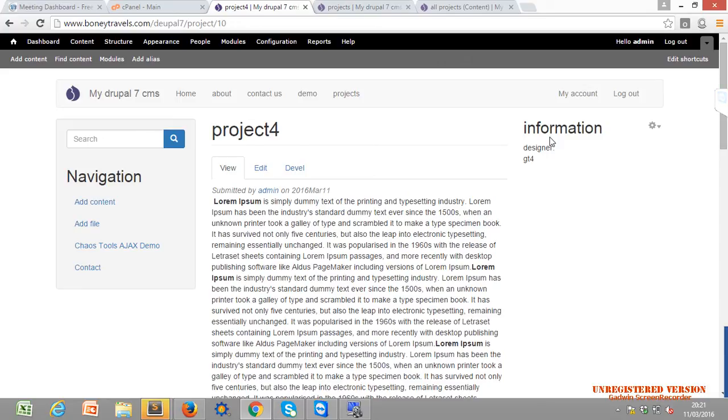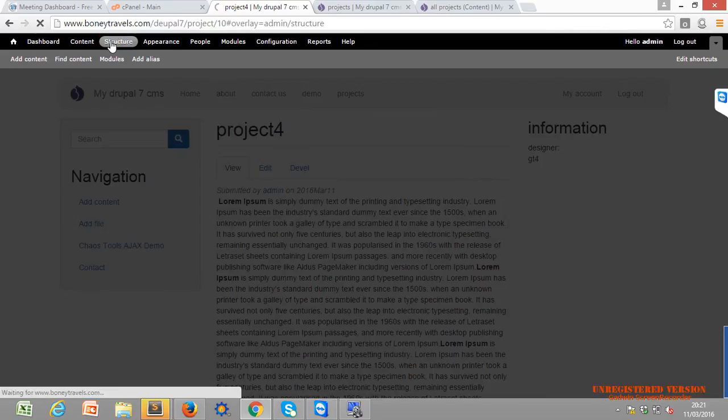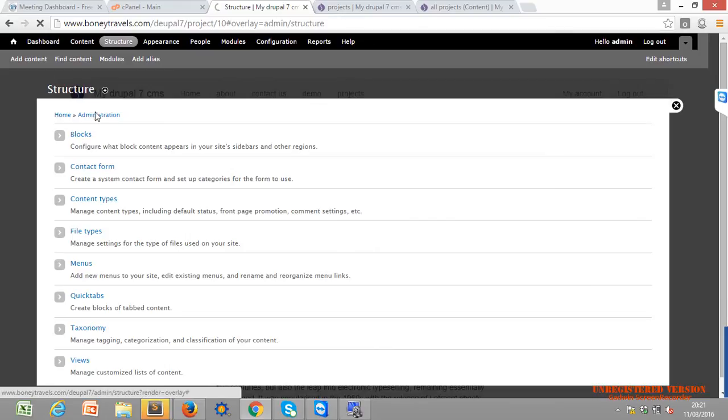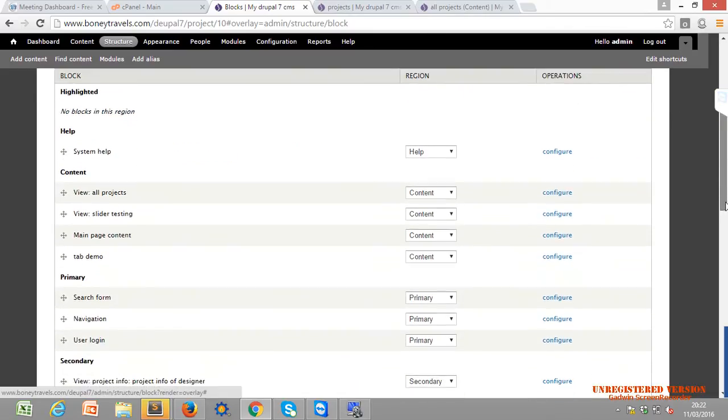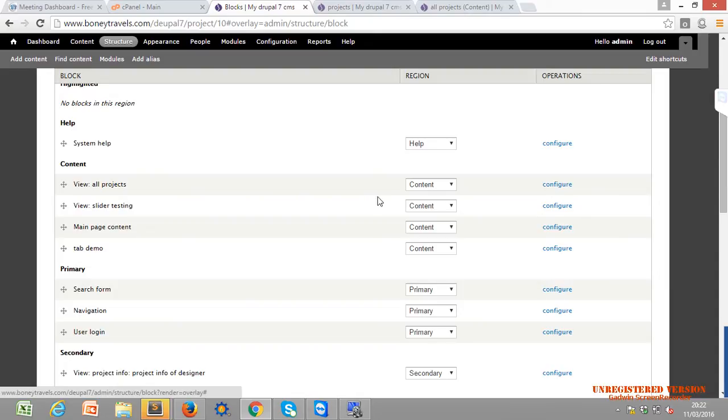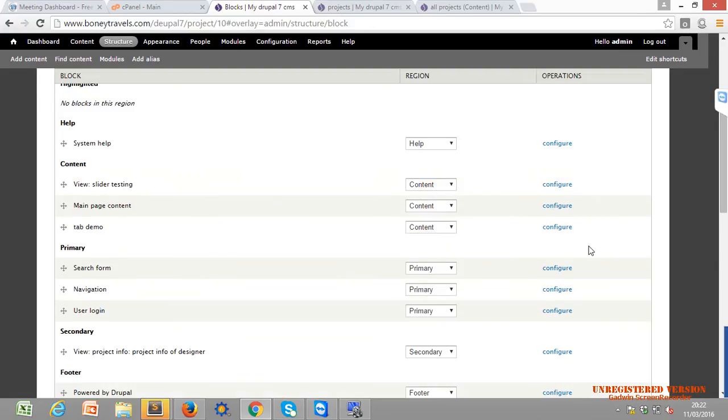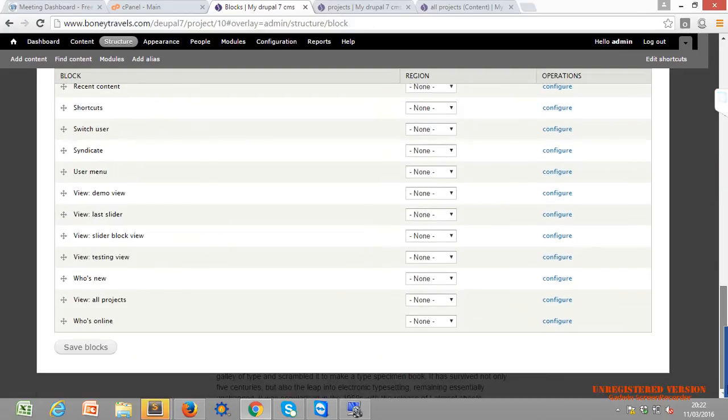Khushi? No, in the structure blocks. Yeah, we are displaying blocks in the second sidebar. We are displaying on the second sidebar that particular informative view, but we are displaying this view, the all project view, in the content area. After creating, it will also display like a none in the bottom of your block list, in the bottom of,